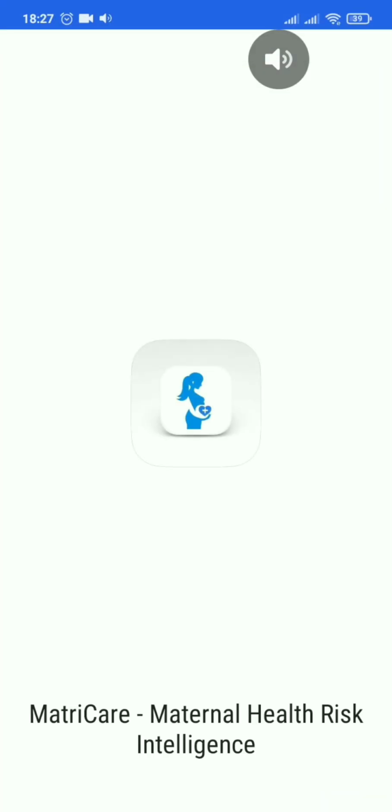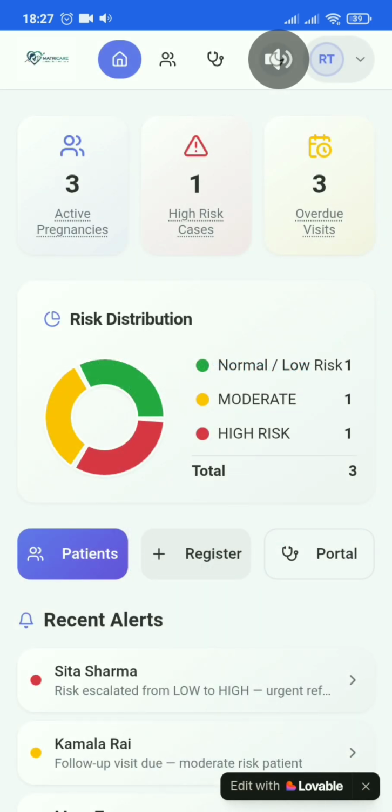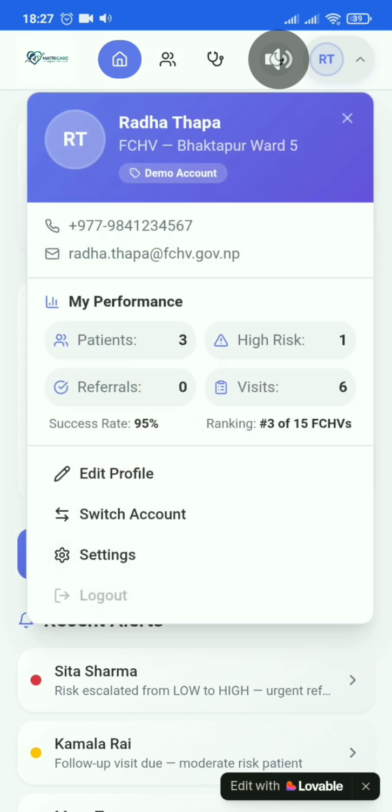Hi, so as you open the app and get access to it, it opens up with a beautiful animation, and yes, you can use this app so seamlessly that you can switch in between the female community healthcare volunteers, doctor,